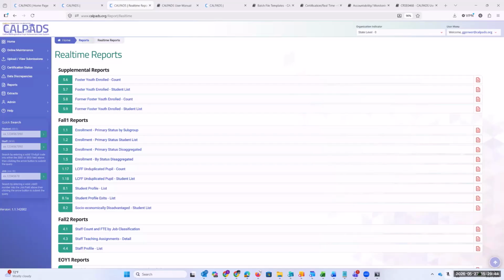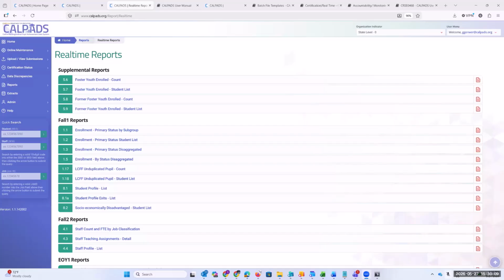However, if you continue working with your nutrition services directors, you can locally identify any students that have what is typically locally termed a carryover period. That carryover period does not get reported to CALPADS.